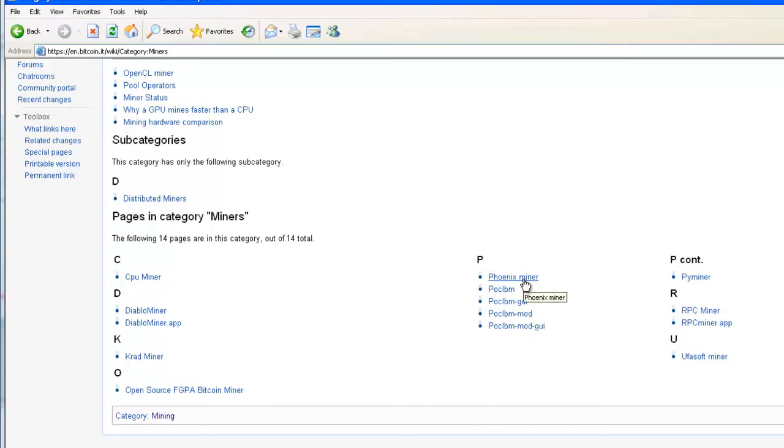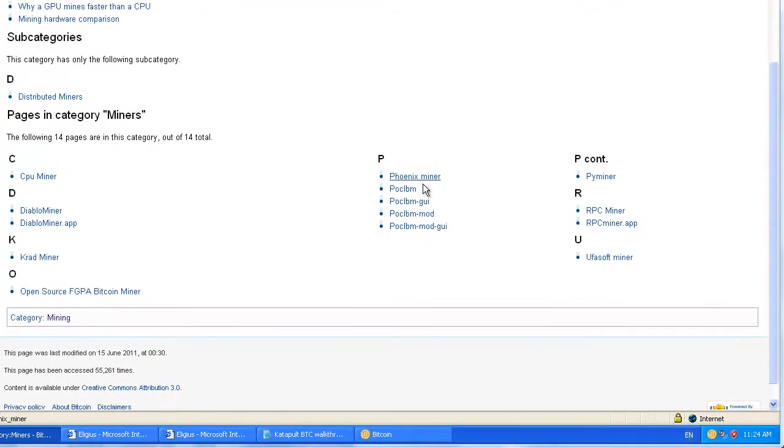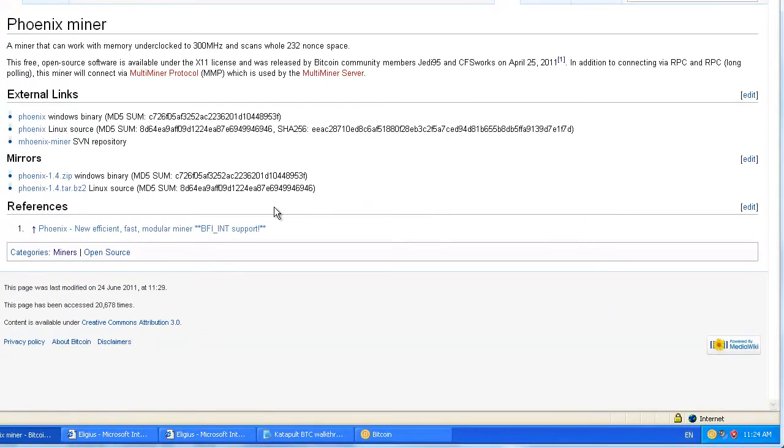Personally, for my video card, I find that Phoenix Miner does a better job, but I suggest that you try all the other ones and see how it works. If you don't have a new graphics card, you might have to go in CPU miner, which will not generate a lot of bitcoins, but it uses only your CPU. So for now we're going to go in Phoenix Miner,